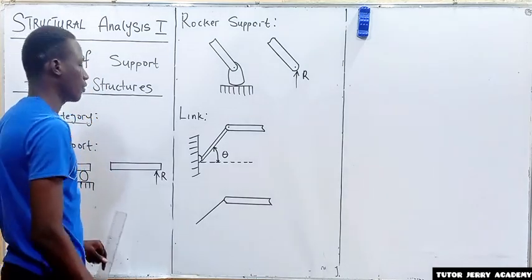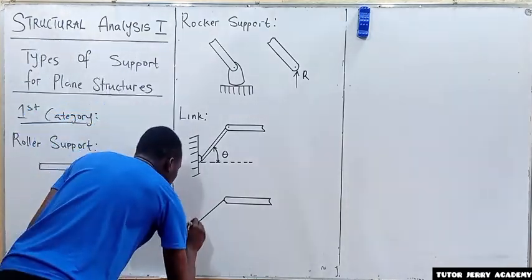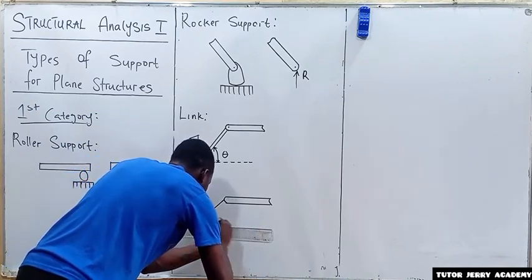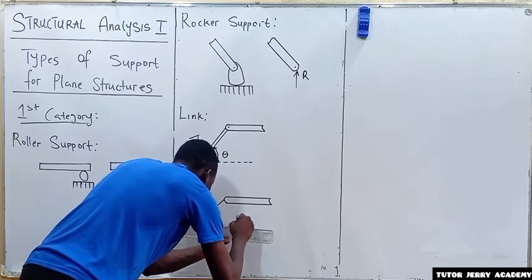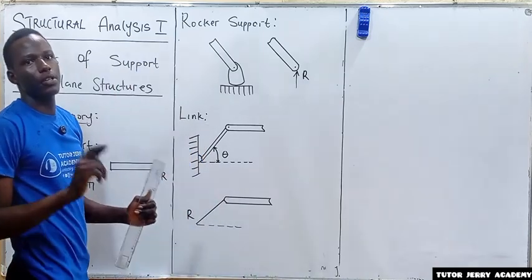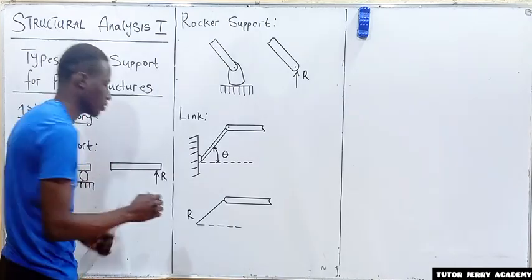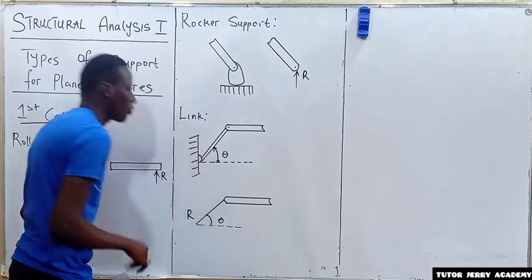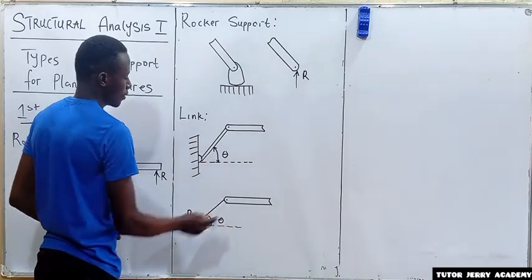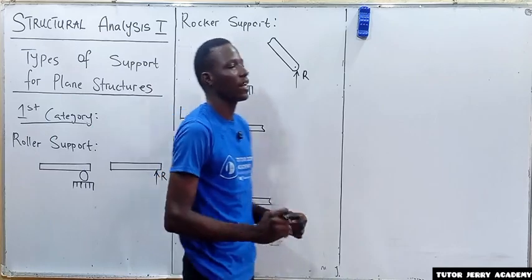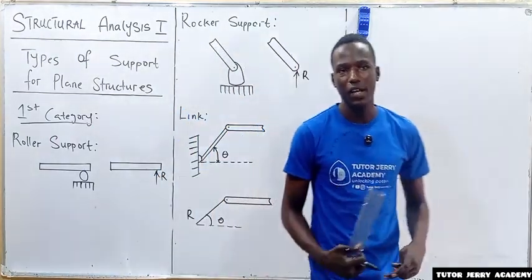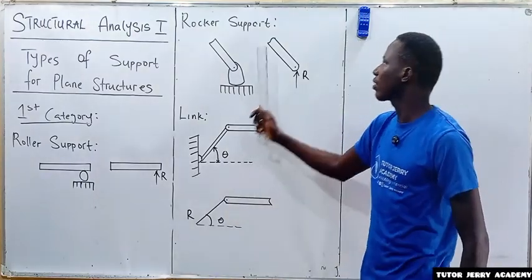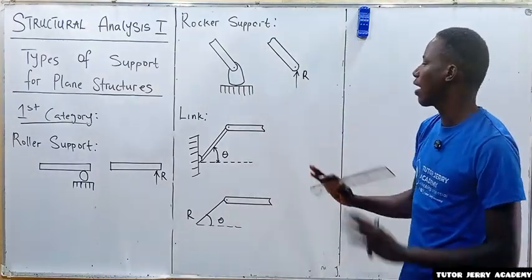And we have the reaction. Right. We still have our angle and then we have the reaction. Now you have to note that the reaction will always be in the direction of the link. Take note of that. So now we have looked at roller support, rocker support, and link support, which are under